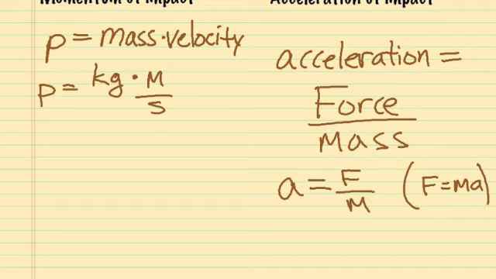We can also figure out something called kinetic energy. Kinetic energy is the energy of a moving object. The word kinetic means moving. So the energy of any object that is moving, whether it's water flowing over a dam, whether it is a baseball being pitched, has energy. We want to talk about how much energy it has. And so that equation, and we're going to have an exponent here, is kinetic energy is equal to